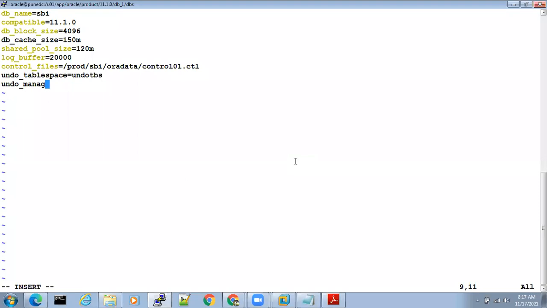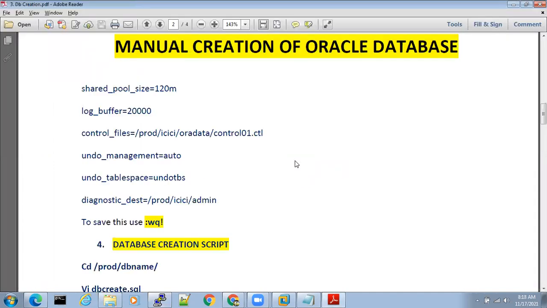Okay. Now what we'll do is, anyways, you people will definitely make some spelling mistakes. So wantedly, we will make some spelling mistakes and see what happens. And where we have the issue, we will see it. Wantedly, I will write one mistake. See, undo underscore management. The spelling is management. This is the actual spelling. I'll type something else, a misspelled management, something like that. Okay, is equal to auto. This is a spelling mistake. Undo underscore management is equal to auto.